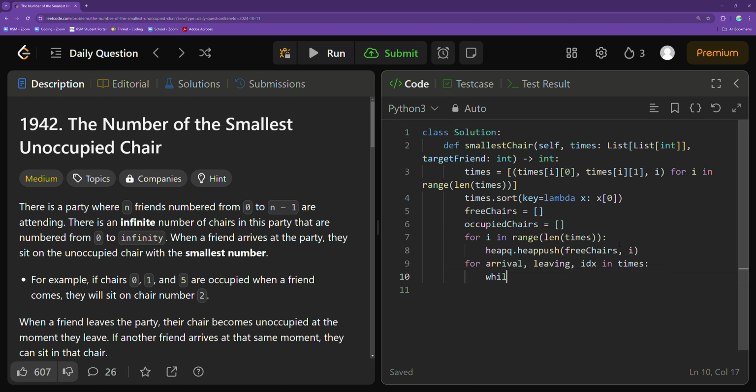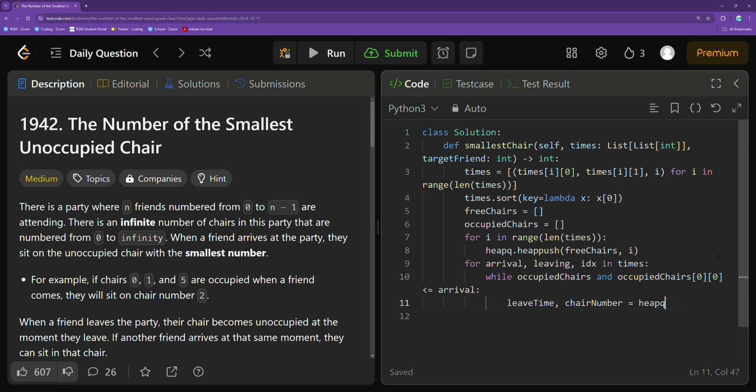So I'm going to say, while the occupied chairs is not empty, and the occupied chairs at index 0 is less than or equal to the arrival, then we know that we can basically set leave time, and I'll say chair number